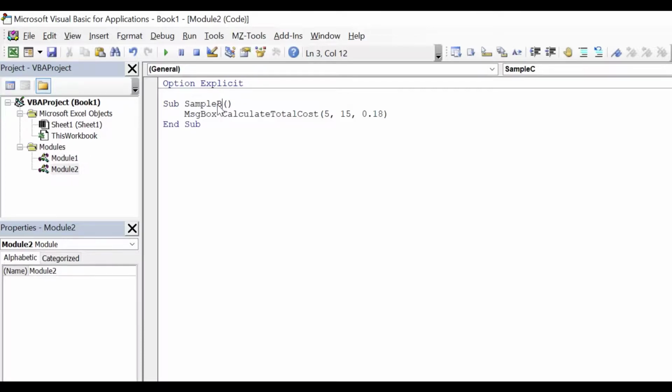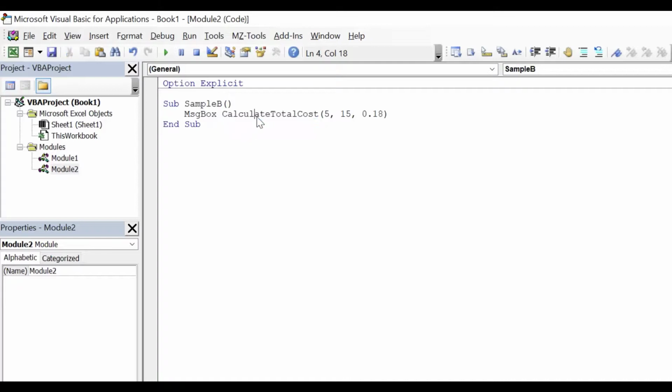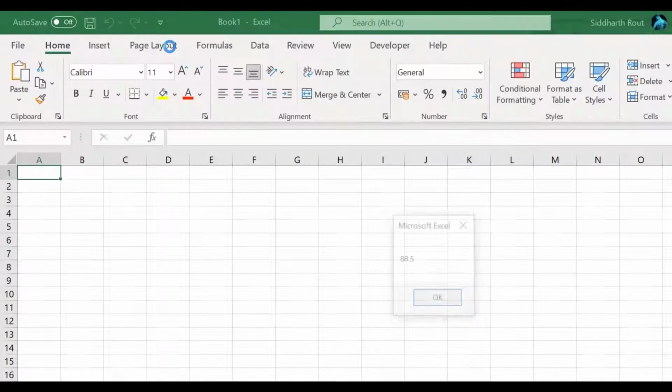Now let's copy this sample A and paste it in module 2, and I'll call it sample B. By default, a sub procedure or function procedure is public until and unless you add private to it, which means we can access the function calculate total cost not only in sample A of module 1 but also in sample B of module 2. Let's test it. So I'm going to run this and I get